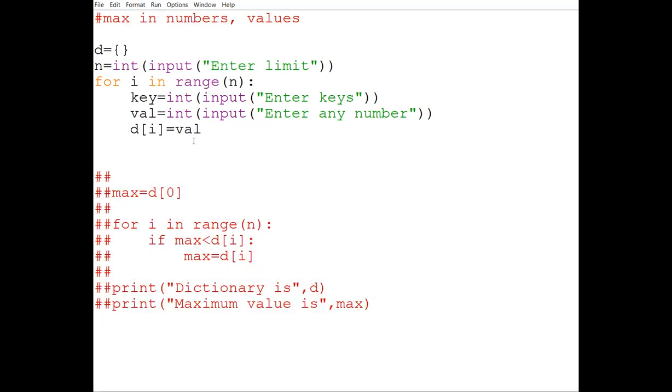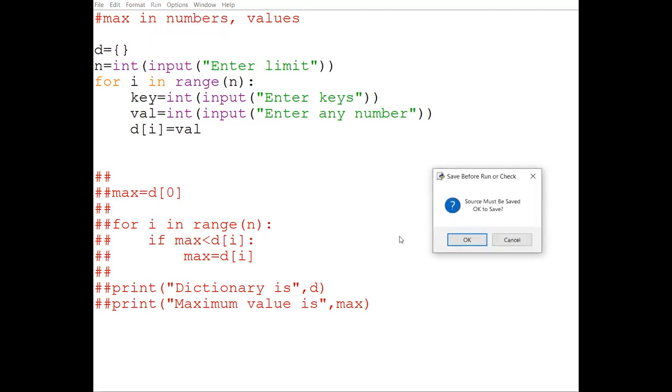once this loop is over, I need the first value. Anyone, any idea how to get the first value? First key, sorry. So let me execute this.